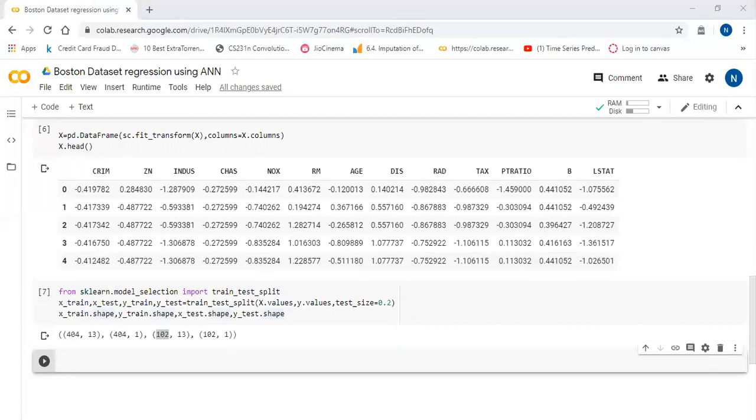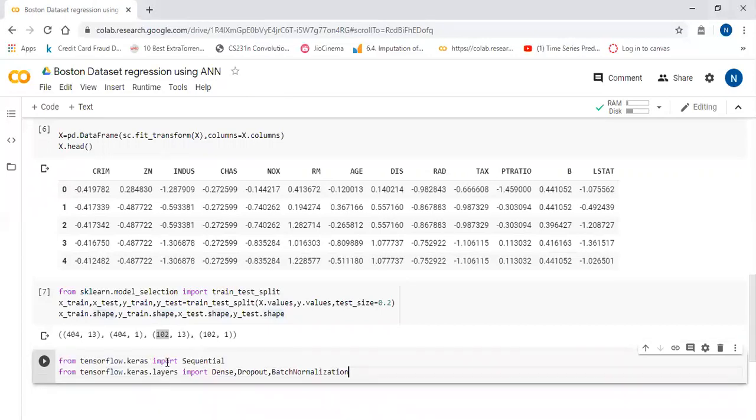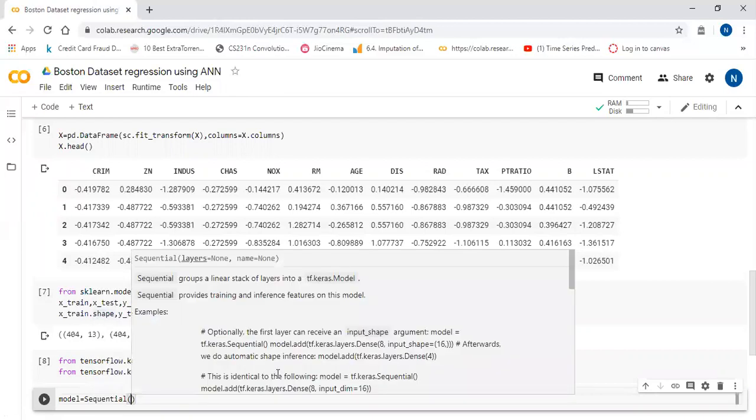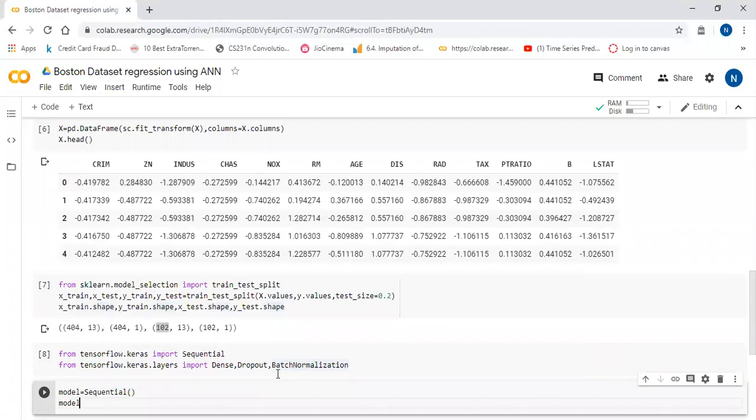To create a model architecture, I am going to import some necessary libraries. Okay. So from tensorflow.keras, I am going to import Sequential, Dense, Dropout, and BatchNormalization. If you do not understand what Dense, Dropout, and BatchNormalization are, I am going to create one more video series for the theoretical sessions. There I will explain in detail what Dense and Dropout layers are. Now we will create model equal to Sequential. Okay, I have created the Sequential object. Now I will add the layers.